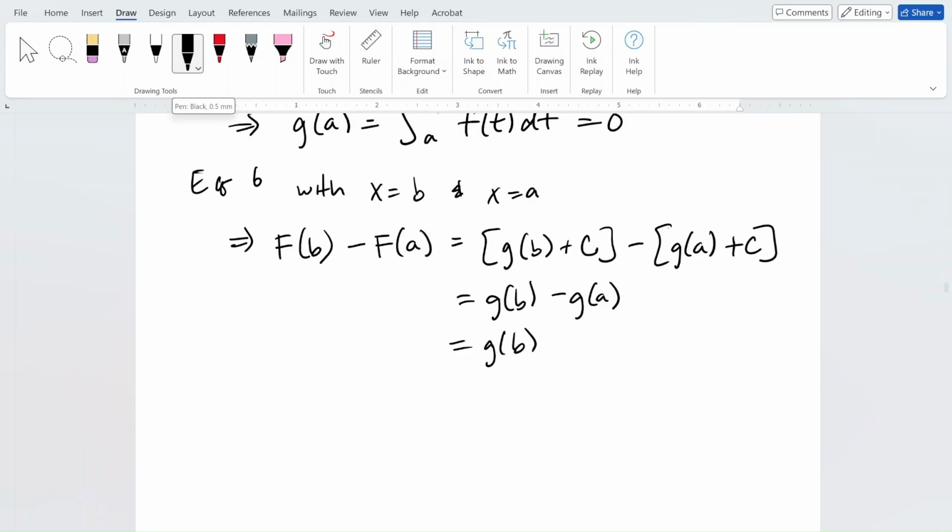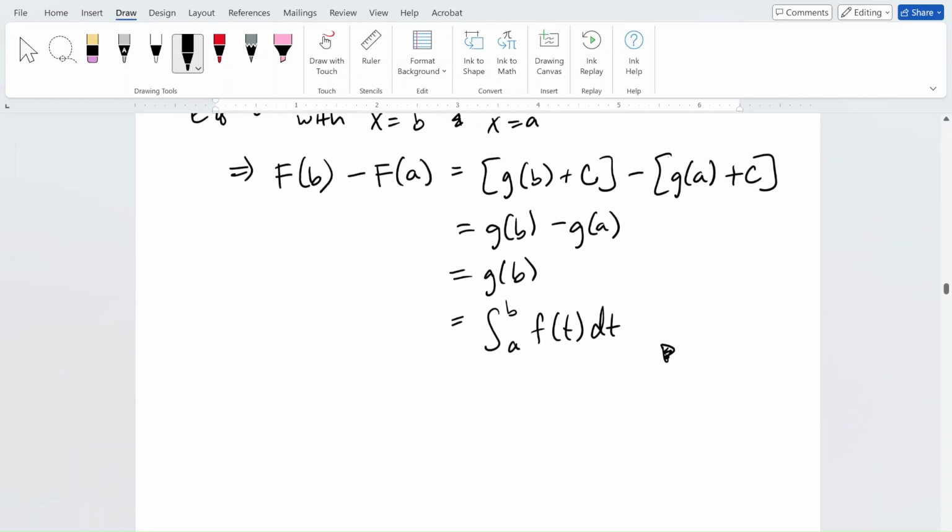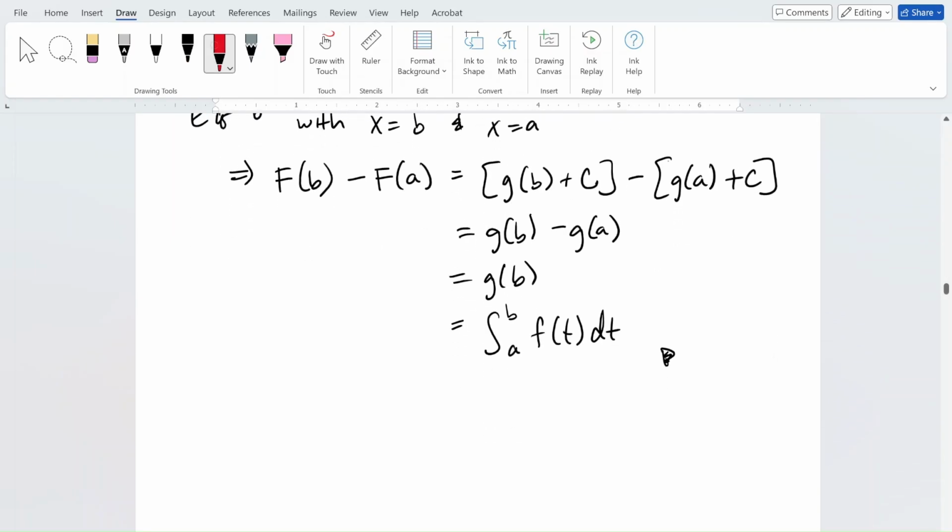And what is g of b? Well, that is defined as the integral from a, and instead of writing x, I'm writing b, because b is x in this case, of f of t dt. So you can see that we've proven the fundamental theorem of calculus part 2. So the nice thing about this is that when I write the integral from a to b of f of t dt equals capital F of b minus capital F of a,